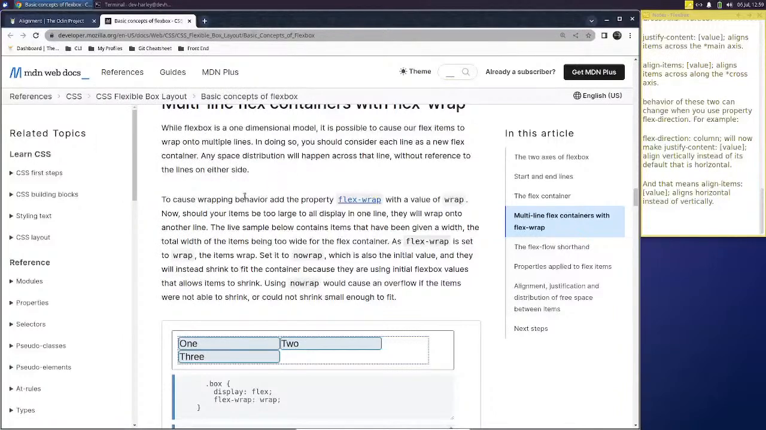Okay, so, sorry. While Flexbox is a one-dimensional model, it is possible to cause our flex items to wrap onto multiple lines. Doing so, you should consider each line as a new flex container. Any space distribution will happen across that line without reference to the lines on the other side. To cause wrapping behavior, add the property flex-wrap with a value of wrap. Now, your items,